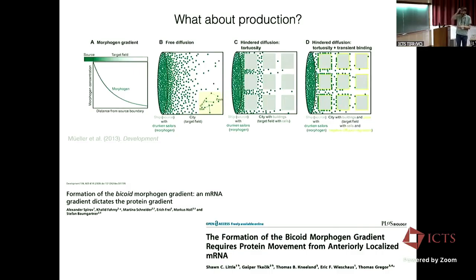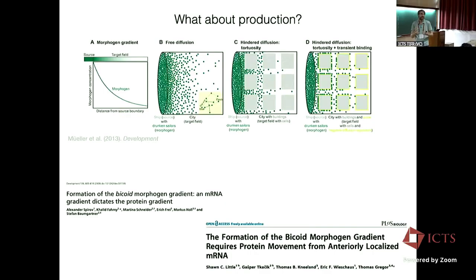So to me, this is pretty conclusive. But as I said earlier, there is a tendency that people don't like diffusion. So people have proposed different models that have the production of bicoid spread through the system. This is the paper that first proposed this, where it proposed an RNA gradient. Thomas Gregor published a few years later a paper where he analyzed the distribution and claimed opposite results, but essentially they're using the same technique,